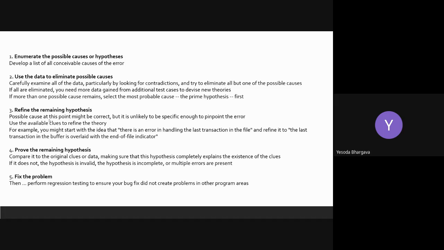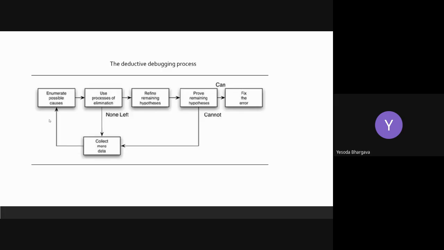And then in similar fashion, we study B and then move on to, say, X, Y, and then we finally arrive at the root cause, and then we can try to fix it. So 95% of the process of debugging involves identifying the root cause and then trying to solve it. So this diagram basically shows the deductive debugging approach.